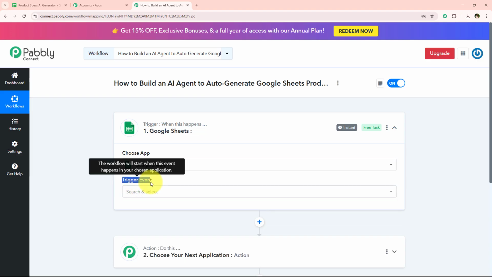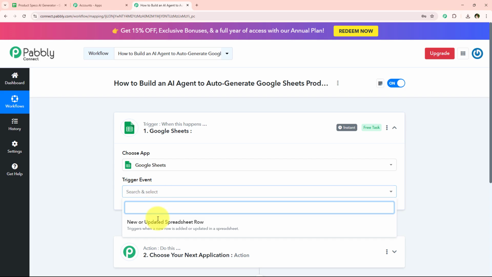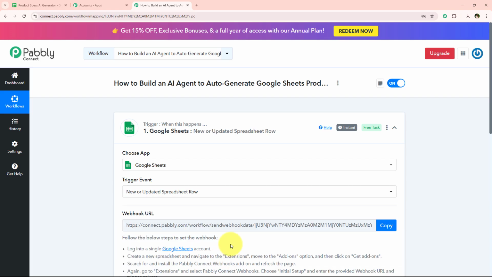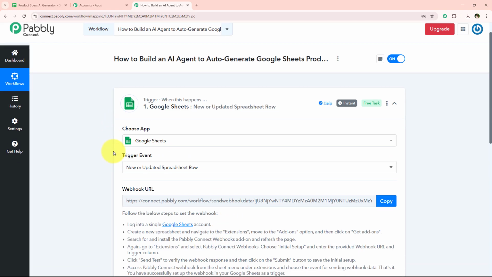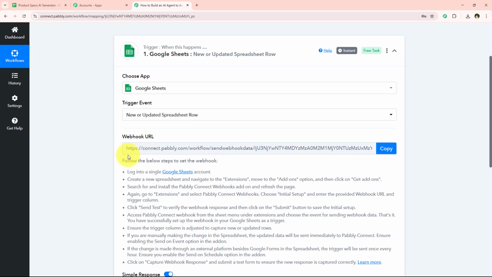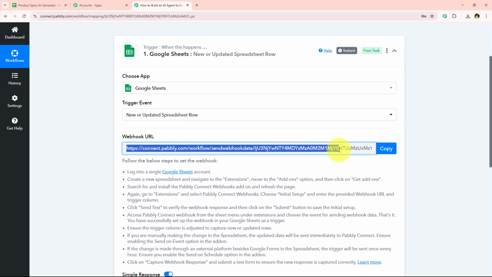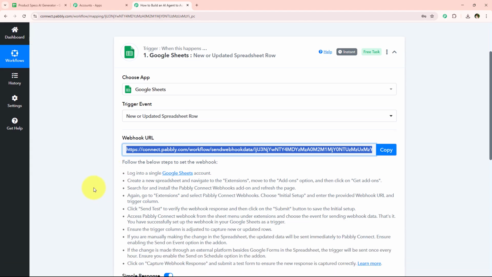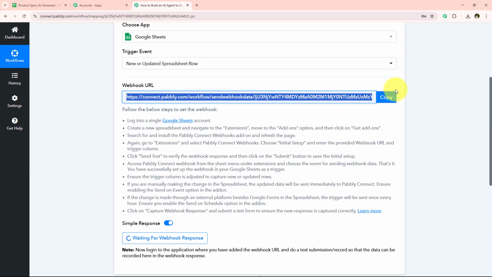And now it is asking me for the trigger event. So for the trigger event we are simply going to select new or updated spreadsheet row. And now it is giving me a webhook URL. So we're going to use the same webhook URL in order to create a connection between our Google Sheets and our Pabbly Connect workflow. So I'm simply going to copy this webhook URL and then we're going to open our